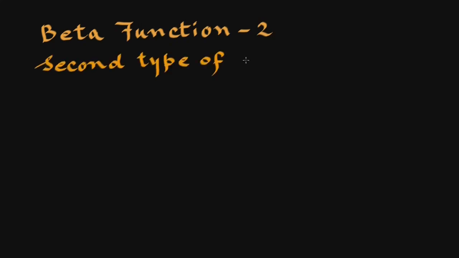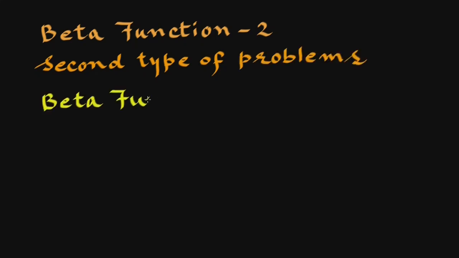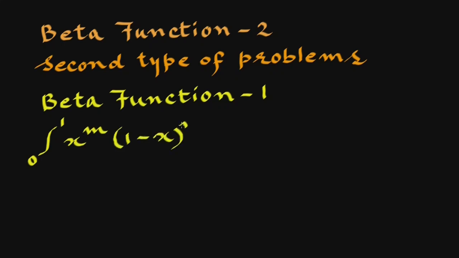In this video on beta function part 2, we are going to discuss the second type of problems on beta function. In my last video on beta function part 1, we have seen the beta function, an integral from 0 to 1 of x raised to m into 1 minus x raised to n dx, to be beta of m plus 1,